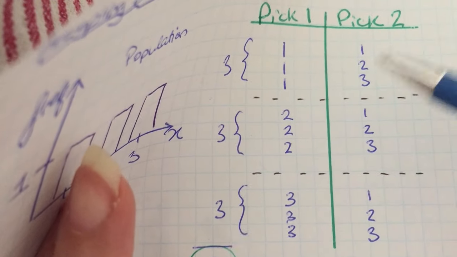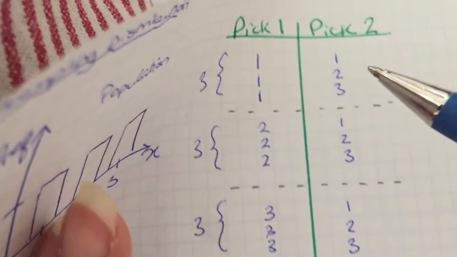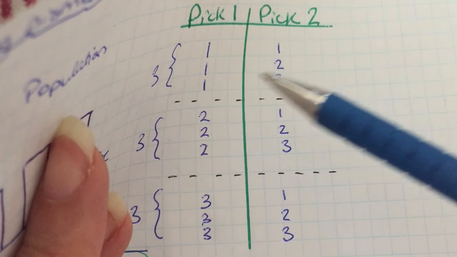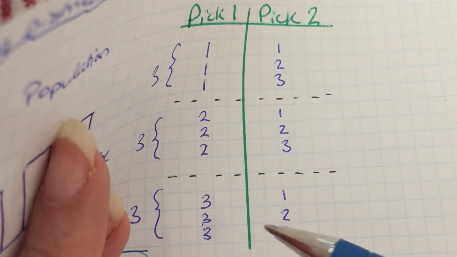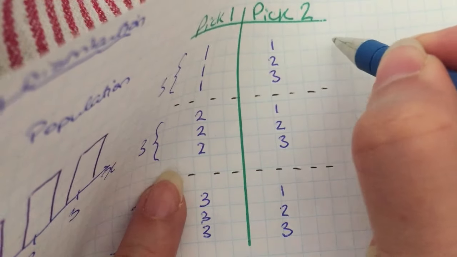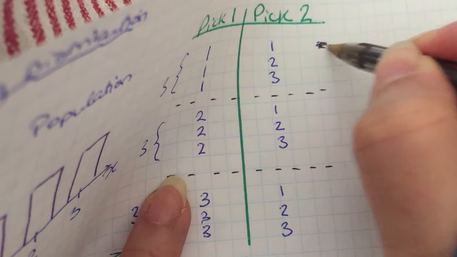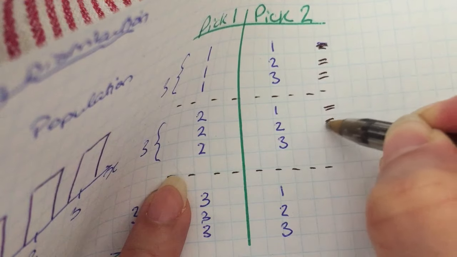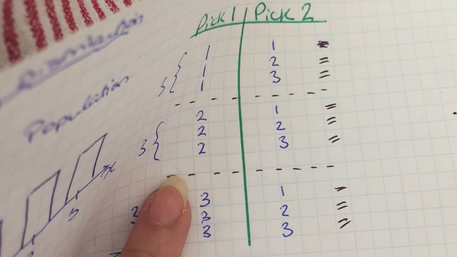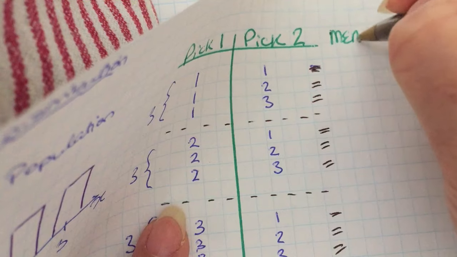just as we would have a sample, but this is a sampling, so we want to calculate the mean and the variance and the standard deviation on all of these values. So I'm just going to put an equal sign here, equals. So each of these combinations is going to have a mean, an average,